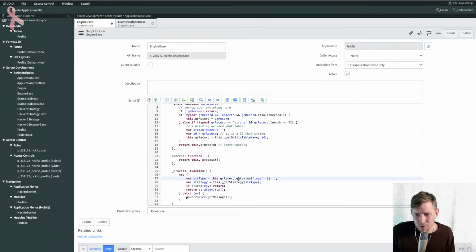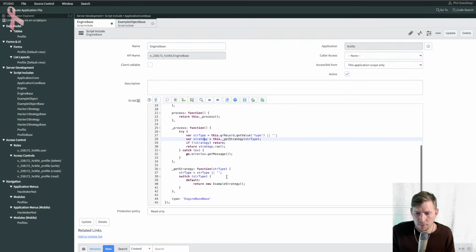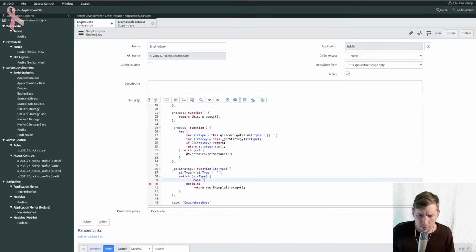Get value returns null if it's empty, which is a bit annoying, so I always throw a default and make sure it's a string. I want it to be a string. I've said it's a string. It's going to be a string. So in here we've got a switch statement, and we will case this off and say case